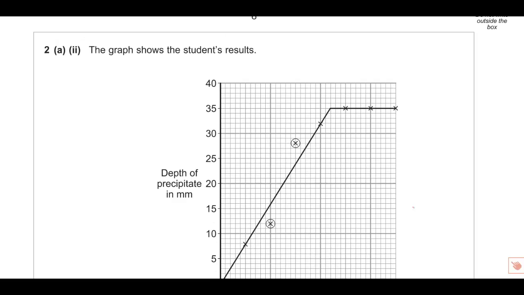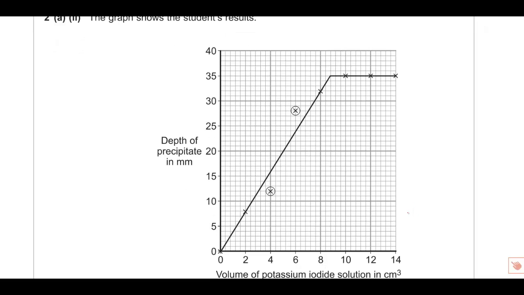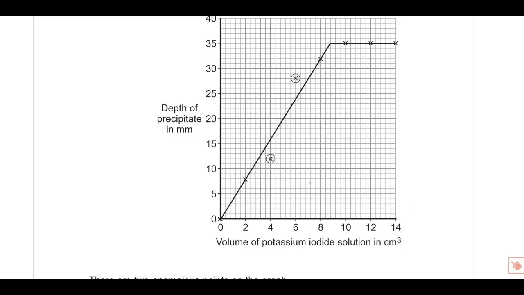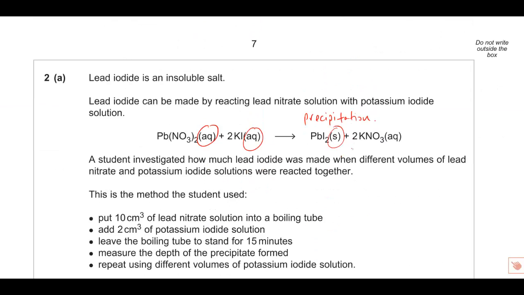The graph shows the students' results, next bit. I'll just scroll down here so we can see it. So we've got a graph where we change the volume of potassium iodide. So what this reaction is, we're adding